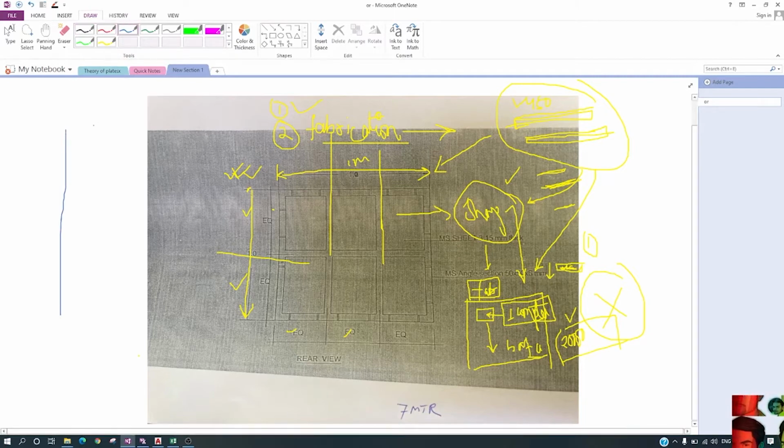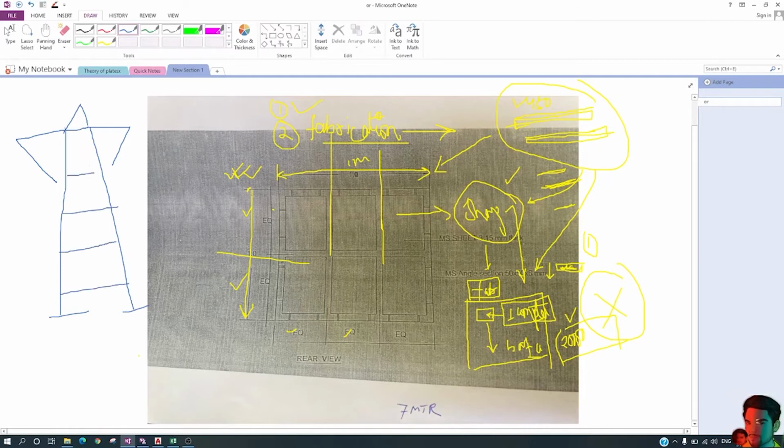suppose we have a transmission tower. Everyone knows and has seen the transmission tower where electricity flows. It is approximately 12 meters, 30 meters, 20 meters, and there is bracing, lots of angles, gusset plates, anchor bolts.